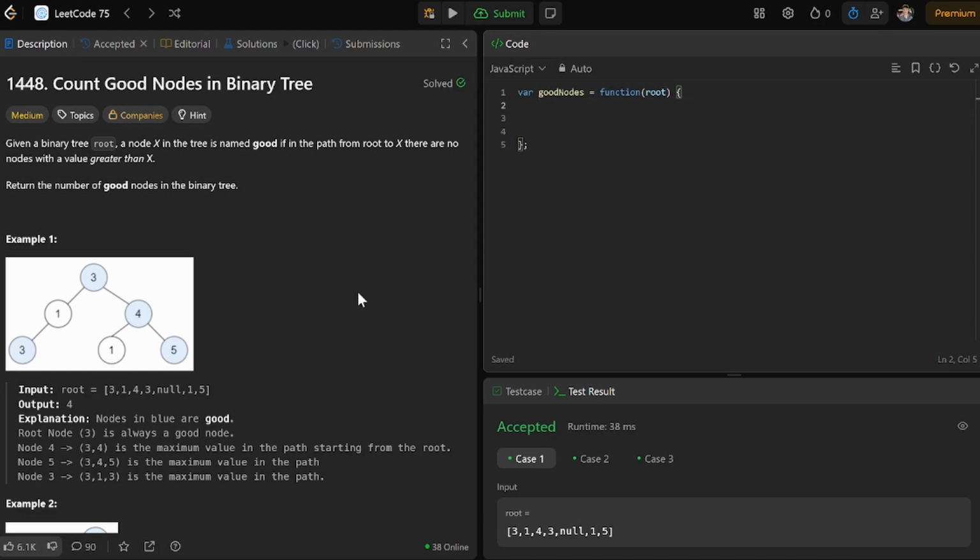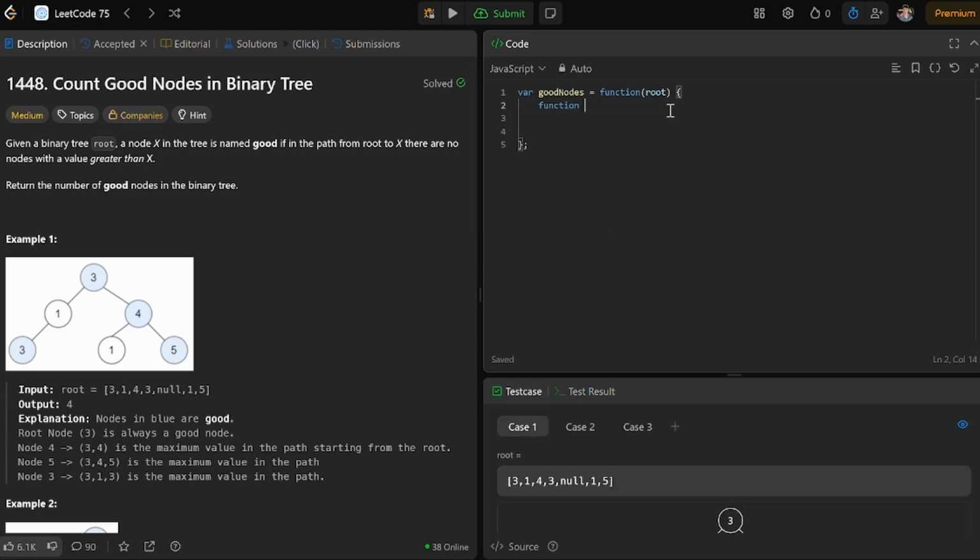And we will then call the function recursively on the count variable within the recursive function, and basically plus equals the function. So let's have the function depth first search,